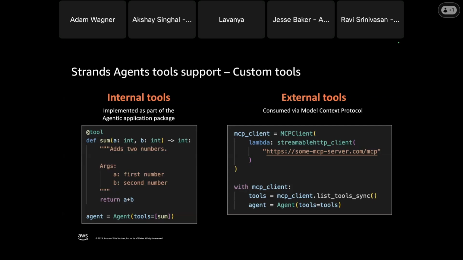The comment there ends up being the tool description, of how the LLM can use this tool. Whereas with MCP, there's a standard way to get the description of what the tool can do. So that's using tools within Strands.